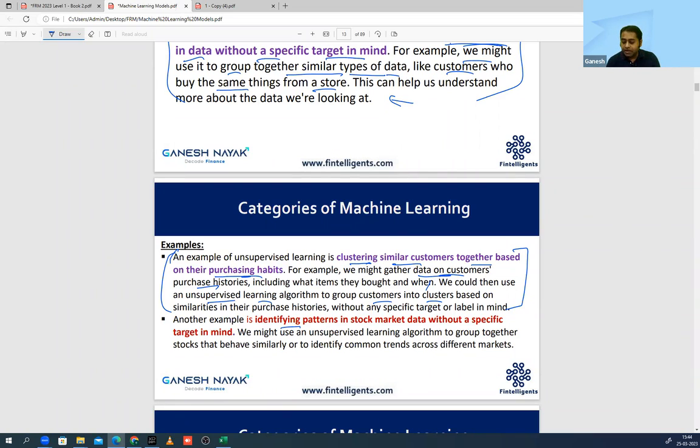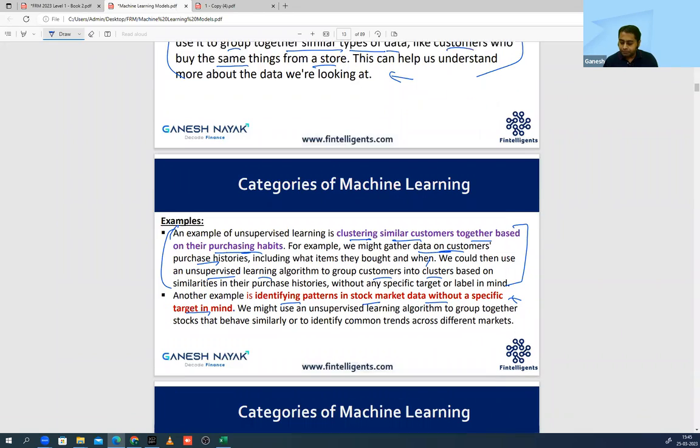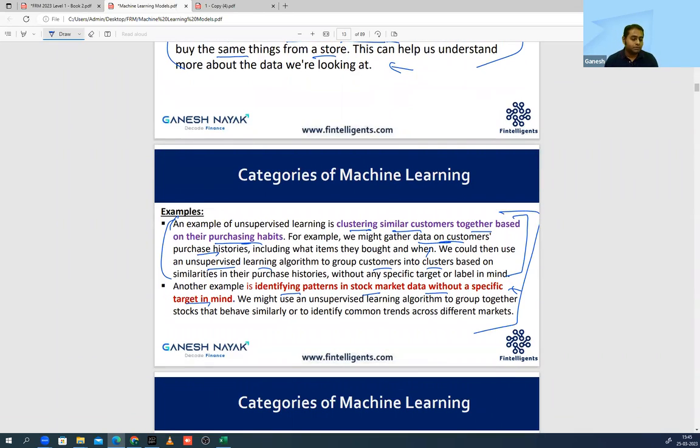Second example would be identifying patterns in the stock market without any specific target in mind. I'm not saying I will buy and I will sell, but I want to find groups of companies which behave almost similarly if there is a recession. For example, if the RBI is going to increase the rate, a certain group of companies will behave similarly in the market. So I need that information. Then the next step, whether I will buy or sell, is different. But the model is not doing any prediction with any end target. It is just showing you the relationships in the data. Clear? You can read this paragraph. Then we'll go to the book.